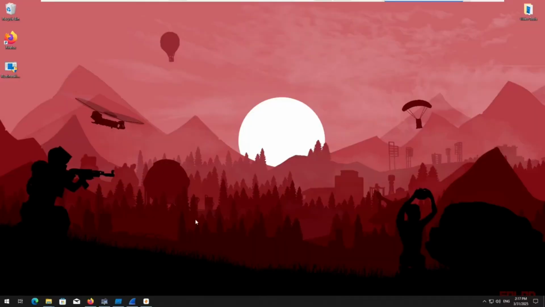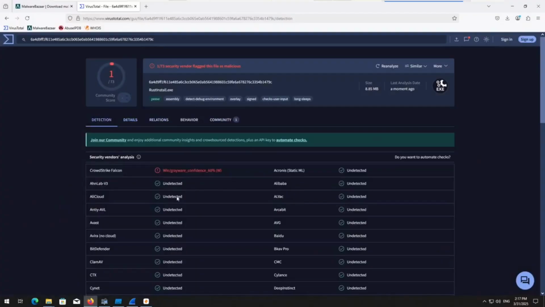My name is Larry Bodenheimer, and today we're taking a look at RustInstall. RustInstall is a 32-bit adware that affects modern Windows operating systems. And if we take a look at it over here in VirusTotal, we can see that it only has one